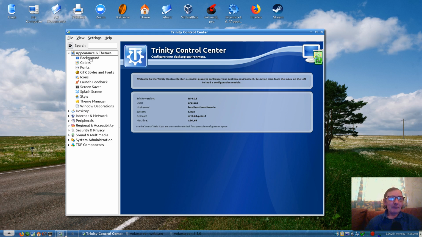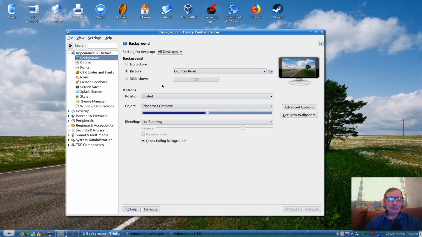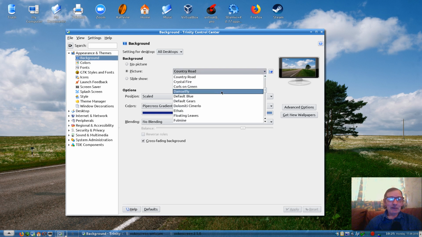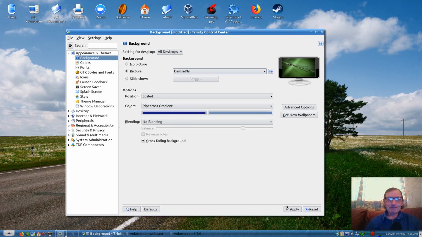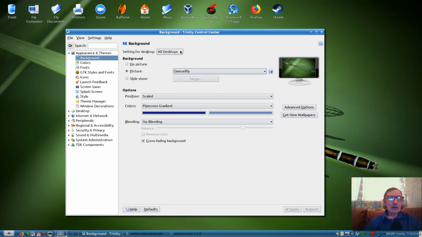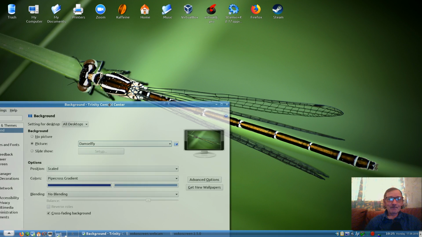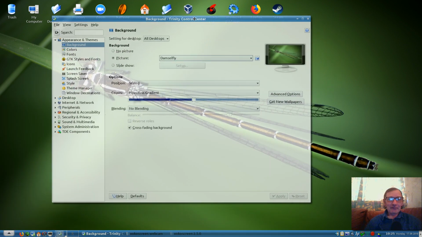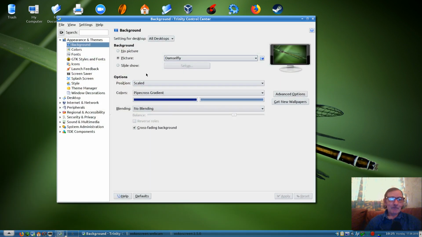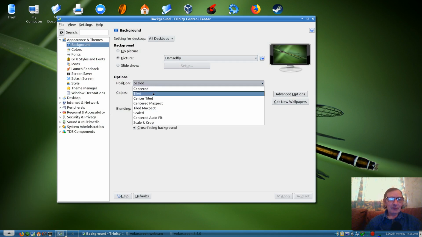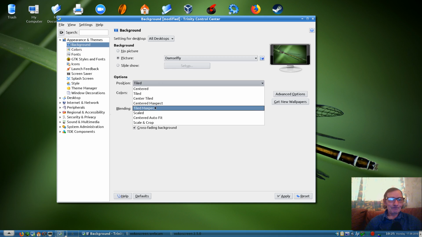Okay, so we'll start off with the background. The background is where we can change the background of the desktop. At the moment, as you can see, I'm using Country Road, and you can change this to any other, say Damselfly, and we just click apply, and yep, we have changed the desktop to the Damselfly, which is quite pretty actually. And we can position it scaled, centered or tiled. If we choose it tiled, these are pretty big pictures, so